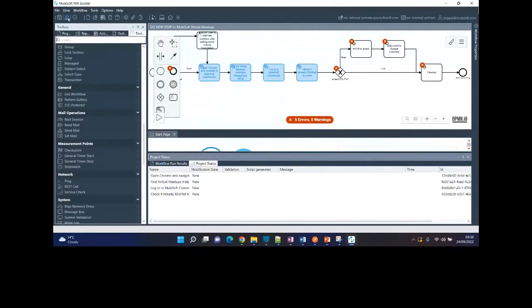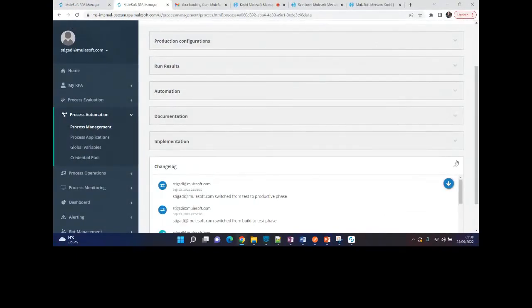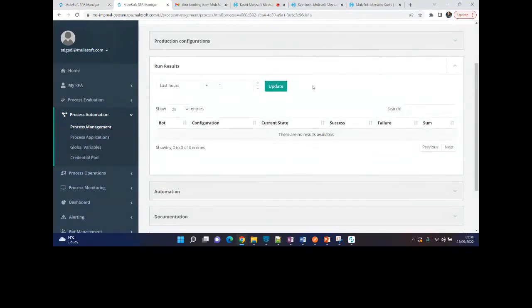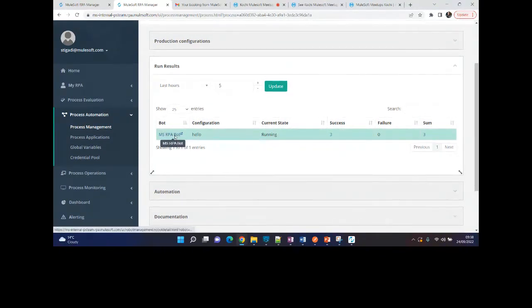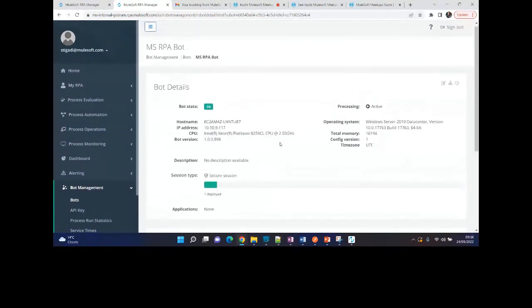Then that task will be allocated to your tester, who should be able to create the test cases and actually run that test. So you can see here, for example, since this process is completed, you should be able to see this. You will not see the test cases because I did not do any test cases, but you should be able to see the test results here. For example, last, let's say 5 hours, and say update. So you can see something has run in the last 5 hours.